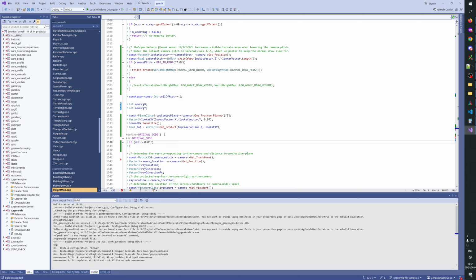If we are, yeah, that's wrong. That's wrong. If we are looking near 1, if it's larger than